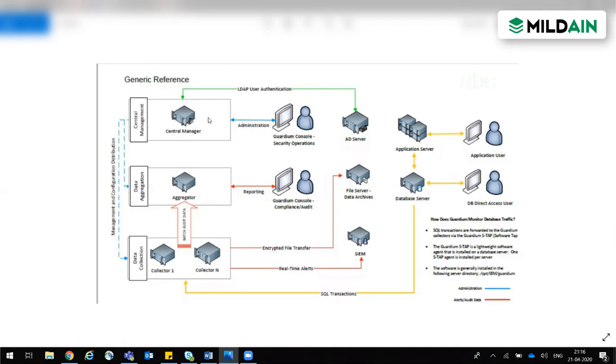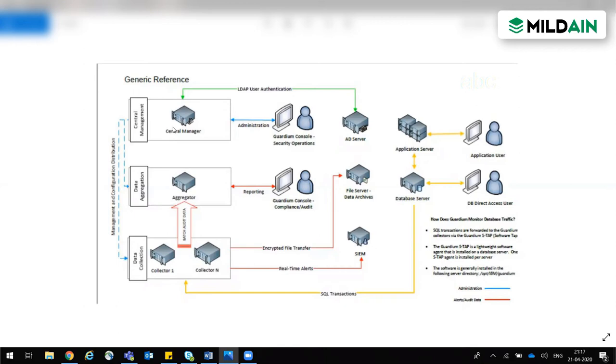So central manager is nothing; it's just an aggregator. The only difference between both of them is that we elevate the privilege of the aggregator to a central manager. Like the role of the aggregator is now central manager.